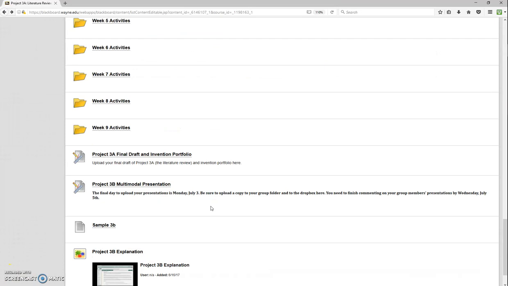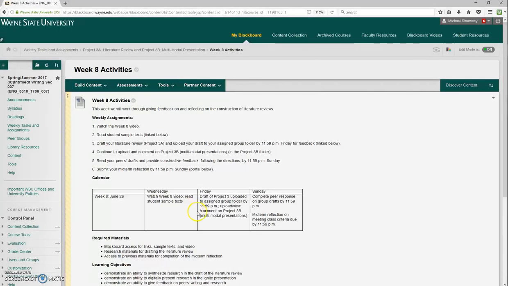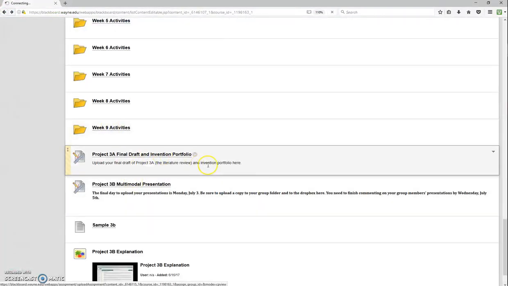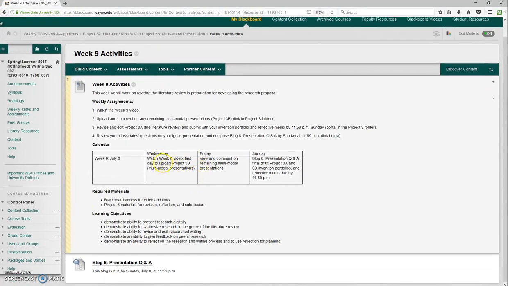All right, the last thing that I want to do is go over the next few weeks and see what's coming up. As I said, this is the first week that you can start to upload your Project 3Bs, and I'll activate those folders tonight. If we look forward to next week, we're going to continue, but you also have a draft of your literature review due. That will be up in the same place, and you just upload a rough draft.